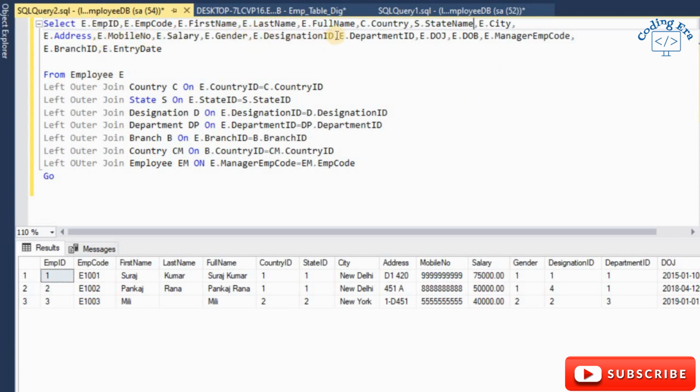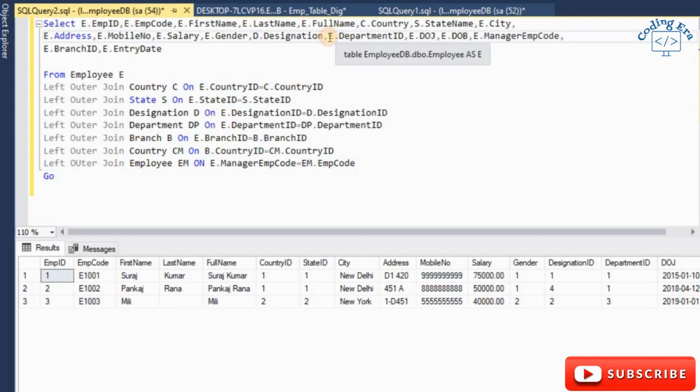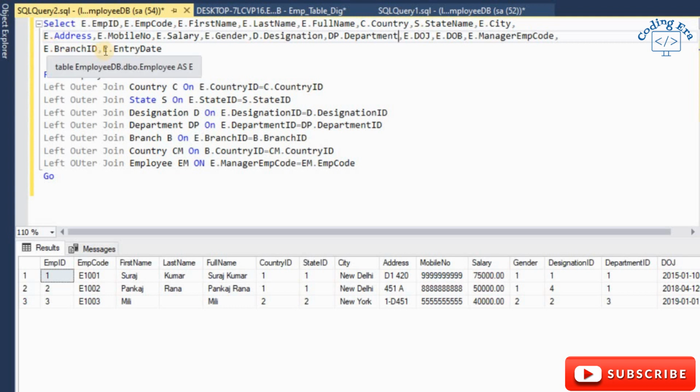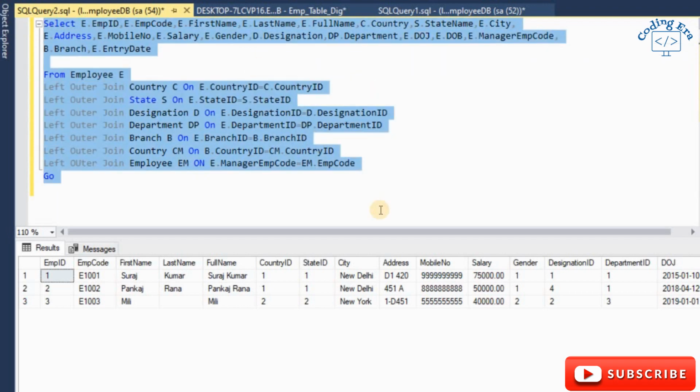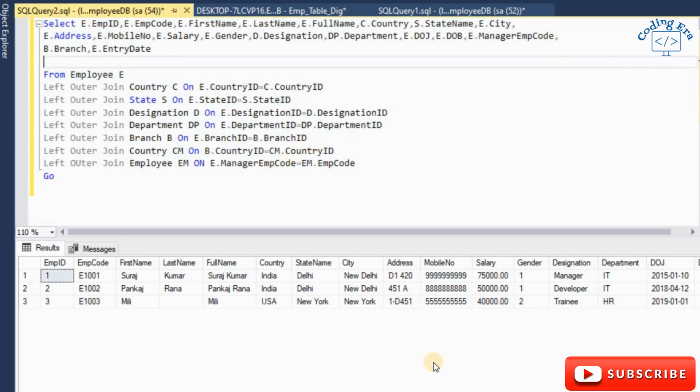Same way I will put designation ID, D dot designation, and department, DP dot department. Okay, and branch, B dot branch. So now you can see here I am using almost all tables and getting records.